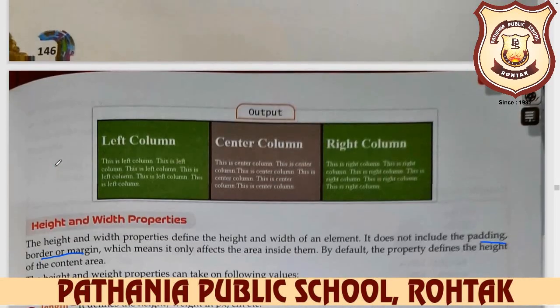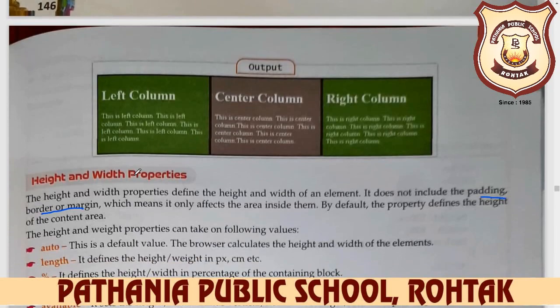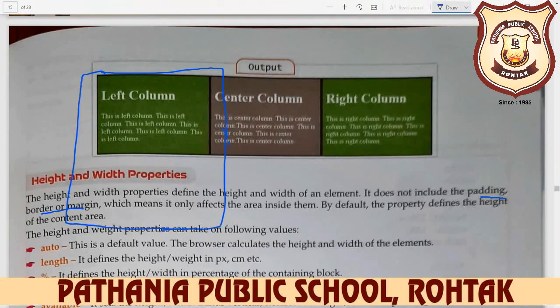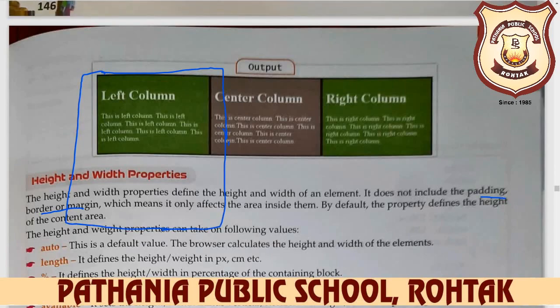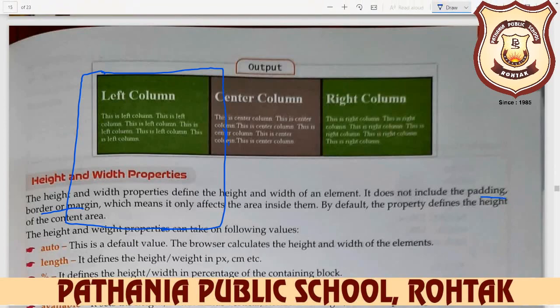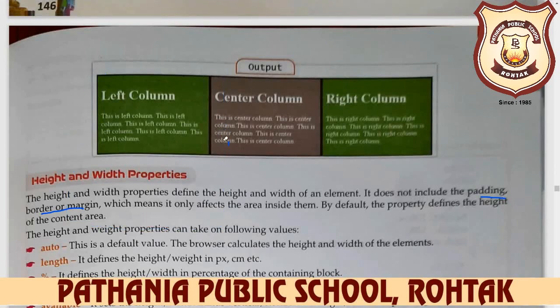For example, in the above example, if you want this area to be changed, then you use the height and width property. For example, if we want the left column area to change, then you use the height and width property.